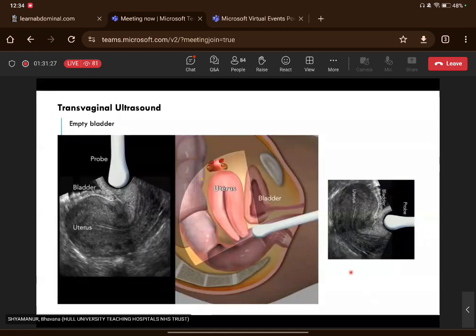Okay, so transvaginal ultrasound, really tricky bit of anatomy, something that I know I found quite tricky in ST1, but not so much, to be honest. So the probe in transvaginal ultrasound is inserted endovaginally. This is the orientation with respect to the patient. So you would expect your image to look like this perhaps when you're getting a sagittal